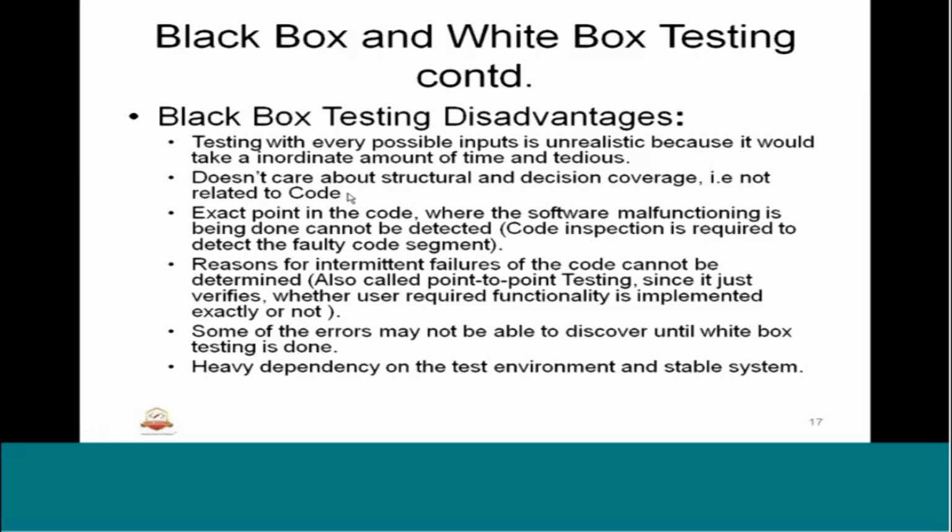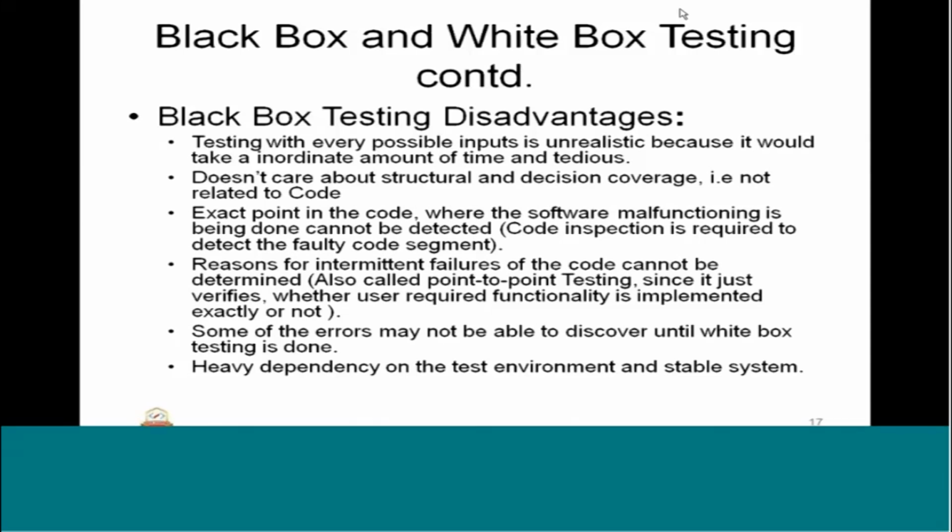And black box testing mostly doesn't care about the structural and decision coverage. So if something is there, what is going to happen? If something is not there, it is also called the else portion of it. What is not going to happen? That portion of it may not be covered sometimes. Why? Because